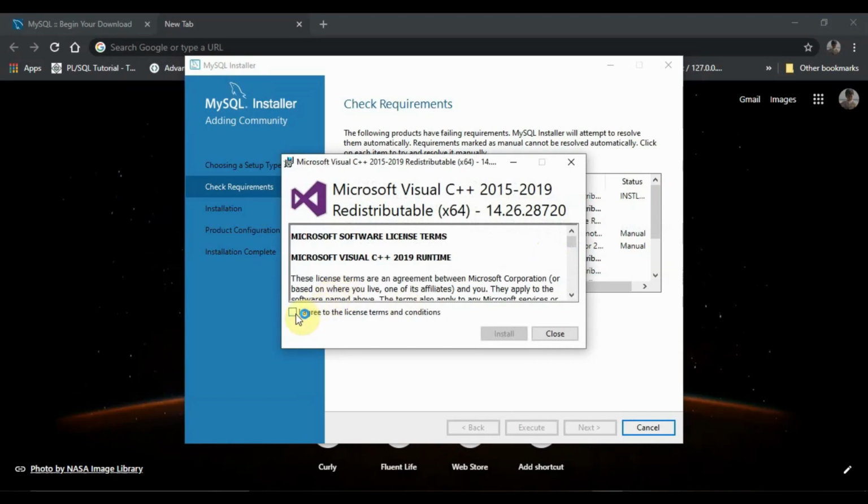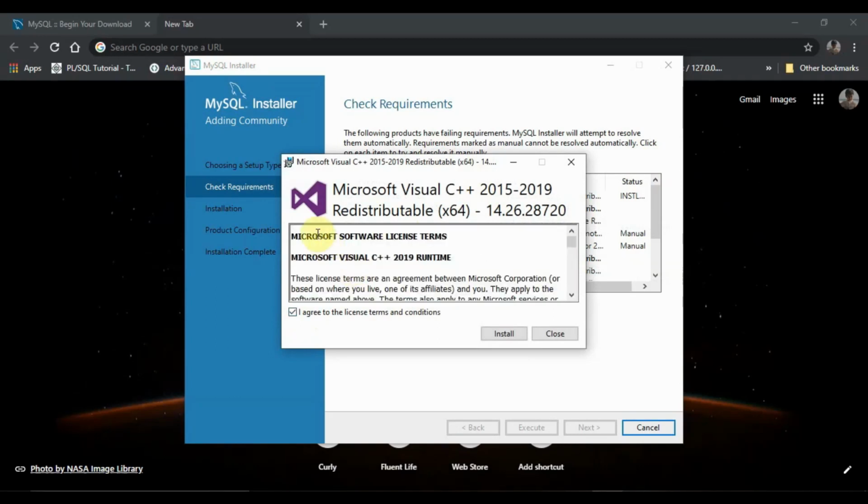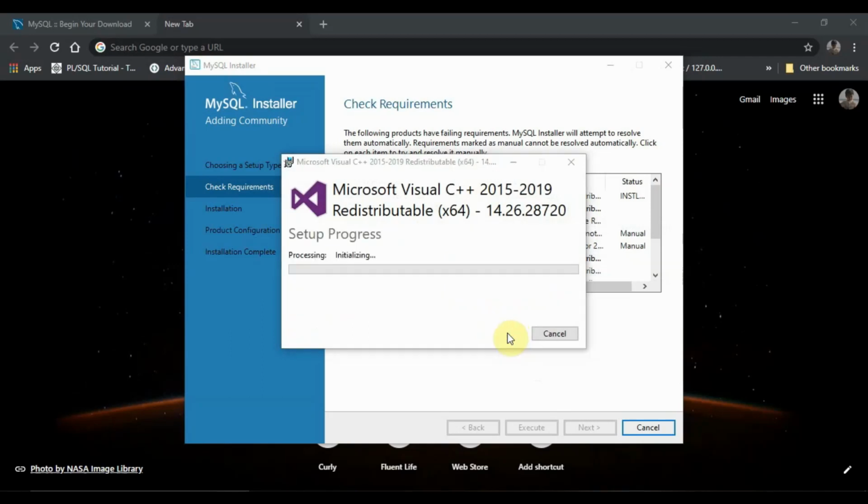So this is the required file of MySQL Visual C++. For that you have to accept the license, so click on the checkbox and then go to install. So now you can see that the setup is done successfully.